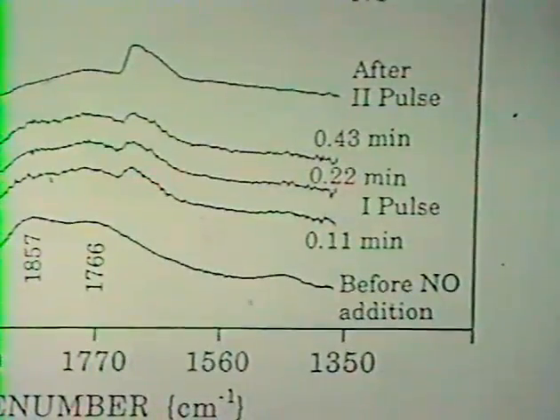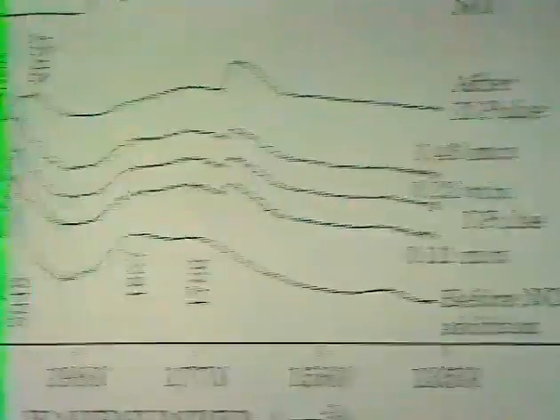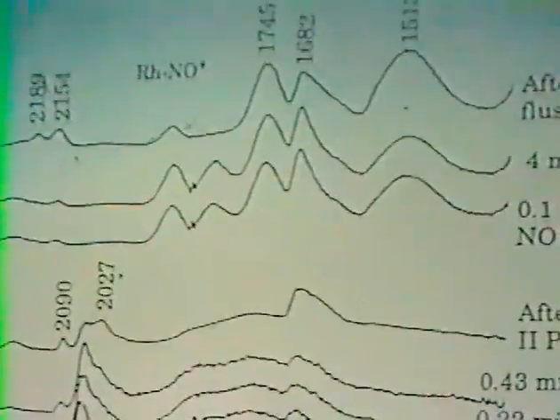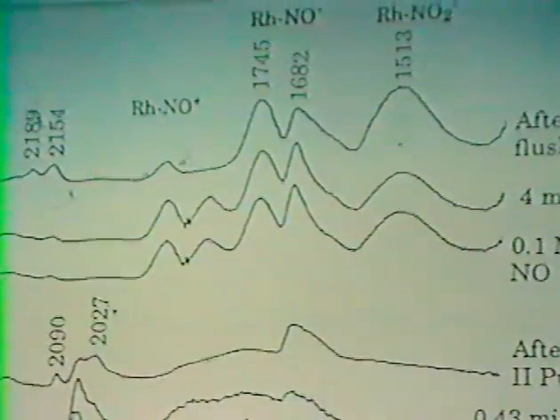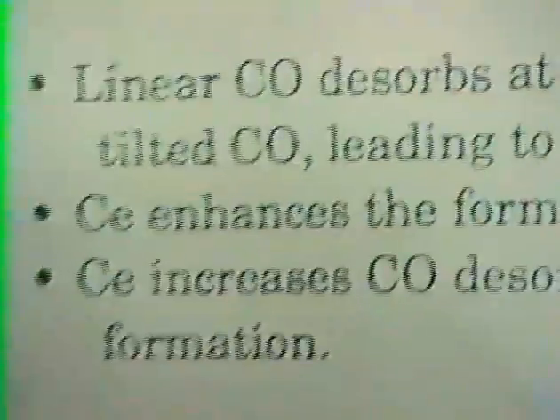And then as this linear CO drops, the NO minus forms. And again, then we put a large amount of NO into the system. We can see the linear CO, bridge CO, and all of this tri-bonded CO was displaced. Mass spectroscopy analysis indicates all these adsorbed CO simply desorb to the gas phase. So essentially, there is no reaction that occurs at 100 degrees K between the gas phase NO and adsorbed CO.